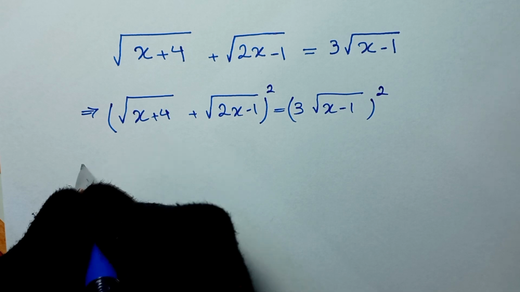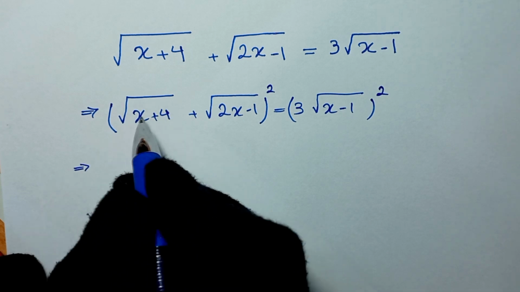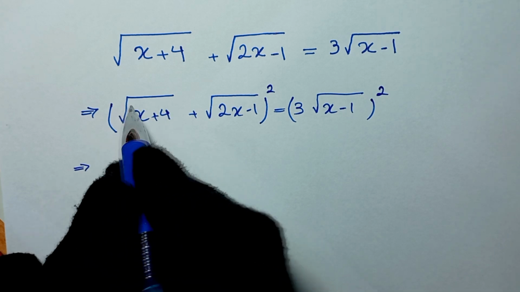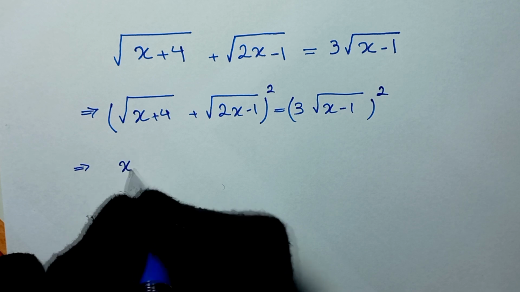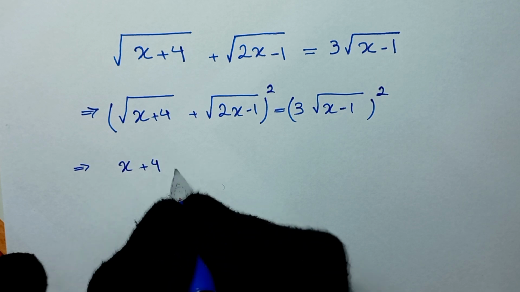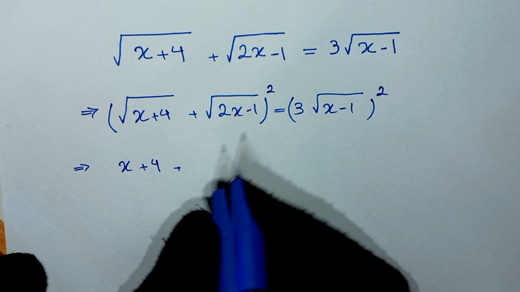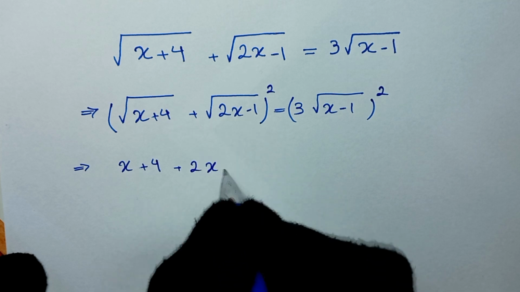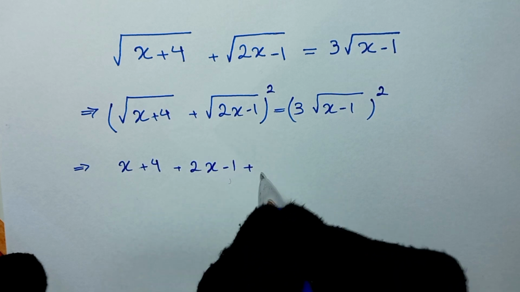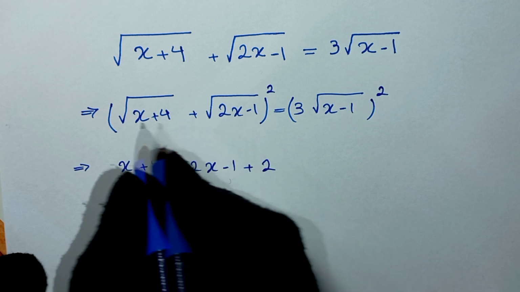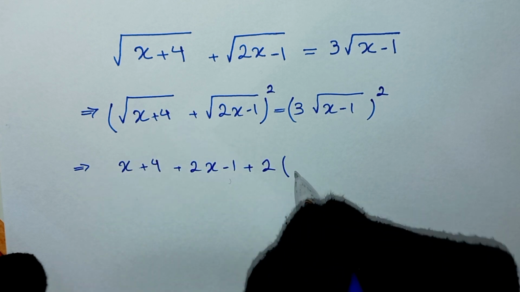It will be this to the power of 2, this square root will cancel, so it will be x plus 4, and this to the power of 2, this square root will be cancelled and it will be 2x minus 1, and plus 2 times this, so square root of x plus 4